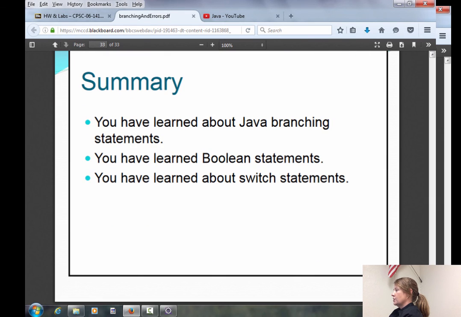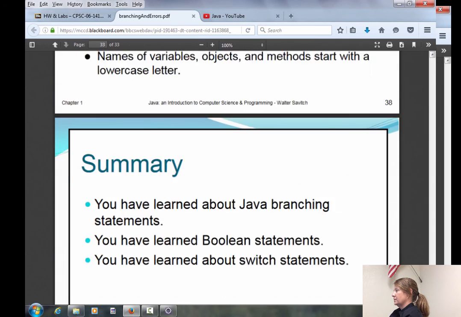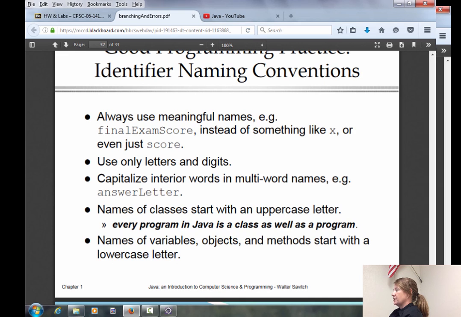All right. So we've learned about some Java branching. We learned about our Boolean statements, and then we learned our switch. Oh, and I did stick one last slide in here. Just remember to give your variables good names. As I'm getting your homeworks graded, I might yell at you for this, and if I say, hey, name your variables better names, I mean names better than X, Y, or Z. I know some of my slides have A, B, and C as variable names, but in the programs you turn in to me, always name your variables good variable names, starting with a lowercase letter, and following the rules for good variable names.